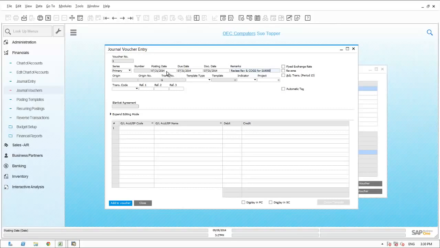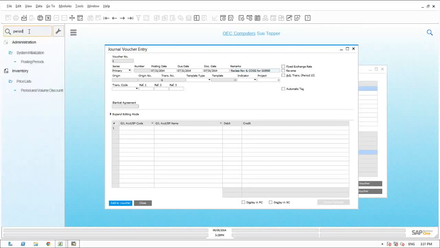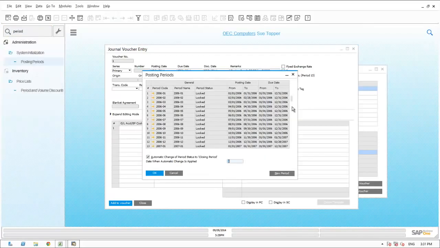Now, as we can see, Sue is posting this back to July 31st of this year. Those happen to be closed periods, but Sue, being one of the lead accountants, has the authorization or security to post to a closed period. Sue wants to show us a little bit more about the fiscal period definitions. She goes up to the main menu and types in period. This brings up, she scrolls down to the bottom,